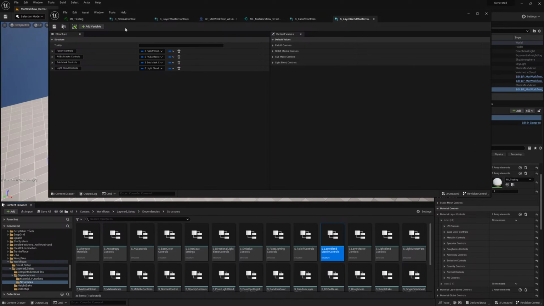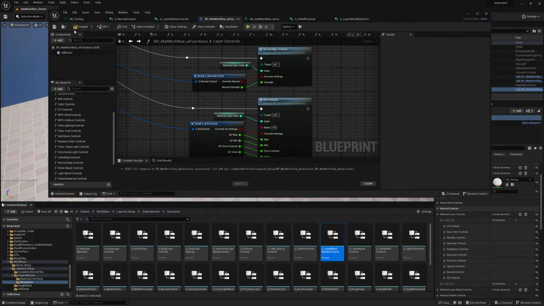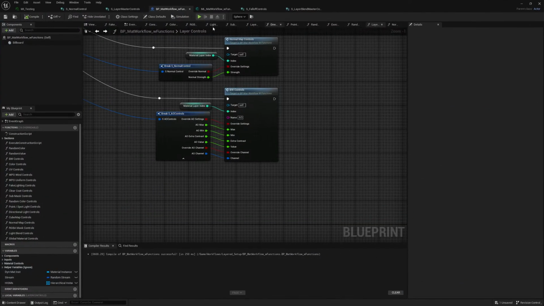Okay, so now I go to my blueprint and recompile this. I can close some stuff. Fake lighting controls we don't need. Close the event graph. Color controls, mask controls, light blink controls, random color controls, we don't need. Construction, execute construction script. Yep, we need that. Okay, let's open up the